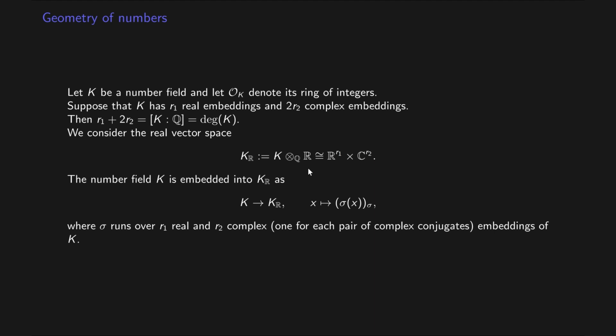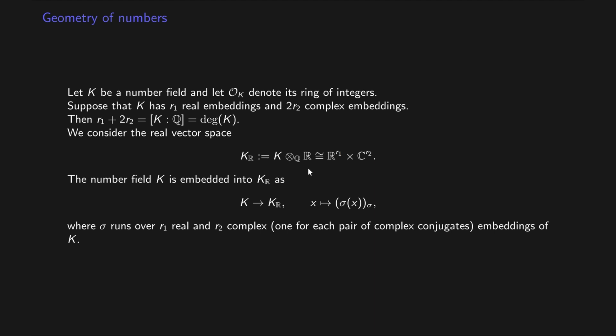Let K be our number field, and let OK be its ring of integers. Then our number field can be embedded into complex numbers, and the number of different embeddings will be equal to the degree of the field. Some of these embeddings will be real, and some will be complex. All complex embeddings come in pairs related by complex conjugation. And so the classical recipe is the following: